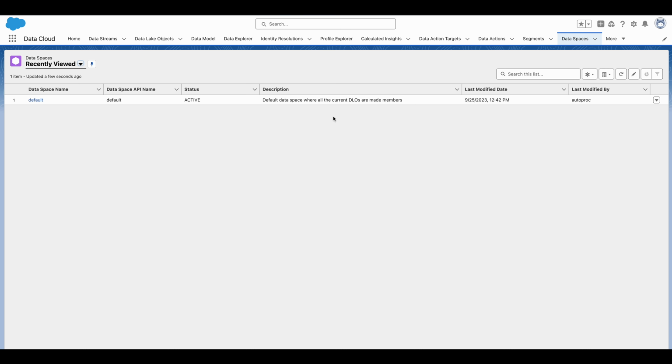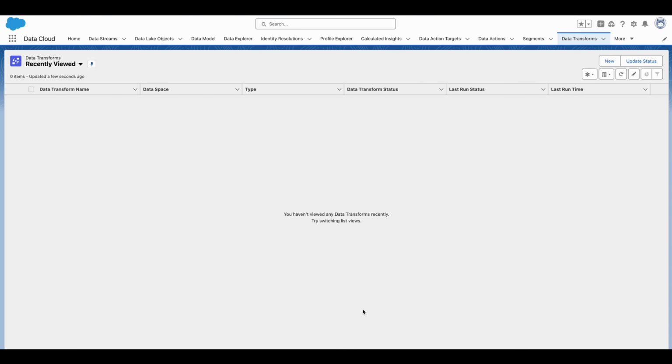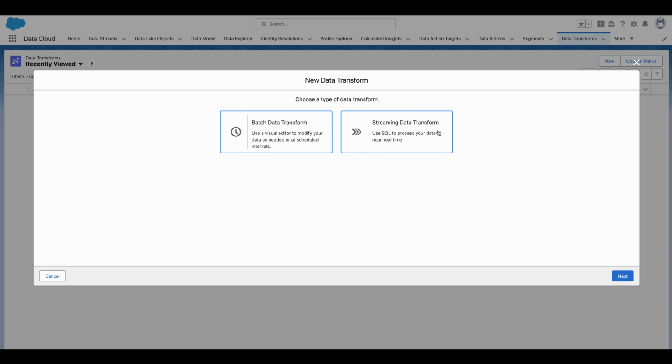And now, as we have a destination object to keep records, we can configure a new data transform. So navigate to the Data Transform tab on the top, and then click New Streaming Data Transform